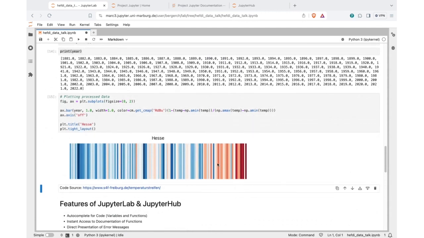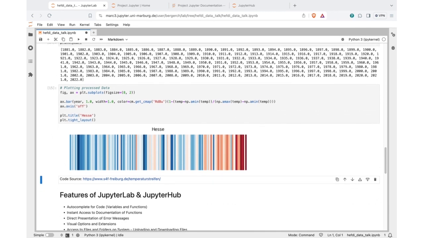It's showing the years from left to right. All bars have the same height, and as the coloring, you can see these temperature stripes, global warming stripes, or in this case, the Hessian warming stripes. You may know them from all the discussion about climate change and Scientists for Future, which also provided this code example. With this, I want to